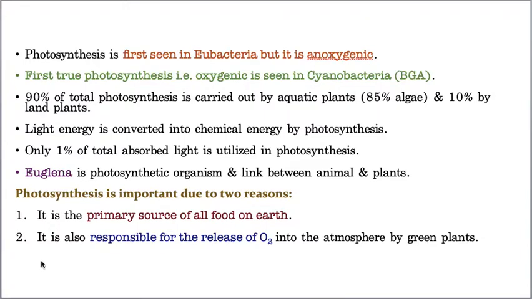Whereas this photosynthesis is responsible for the release of oxygen. For example, if you want to live, you need to breathe. So what is the meaning of breathing? Taking in oxygen and releasing carbon dioxide. Whereas plants take in carbon dioxide and release useful oxygen. See how good the properties of plants are. That's why plants are very important, okay? So for these two reasons you need to read photosynthesis.